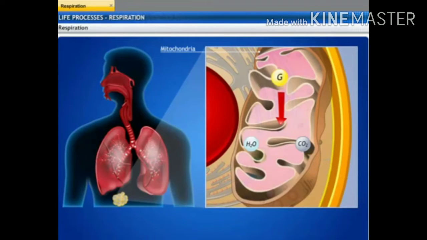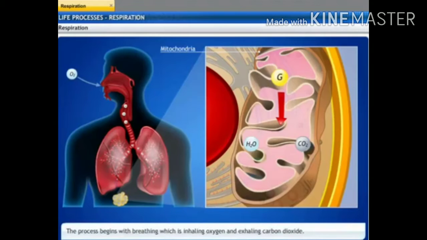The carbon dioxide gets eliminated from the body, but the oxygen remains behind. This process of inhaling oxygen and exhaling carbon dioxide is called breathing, and the metabolic process for producing energy is